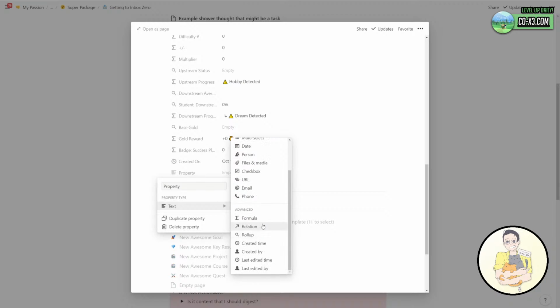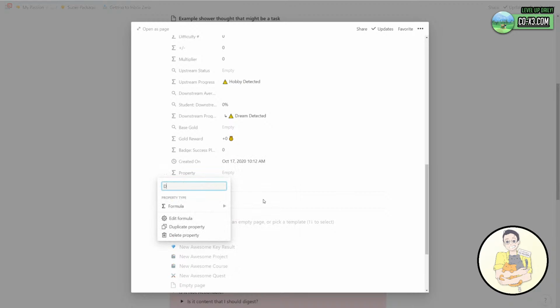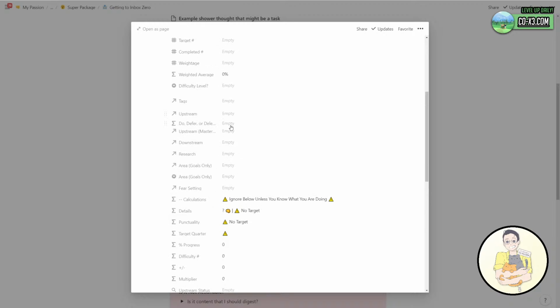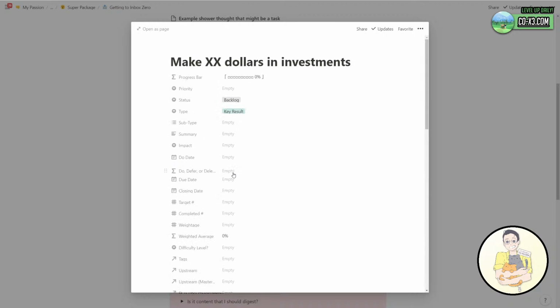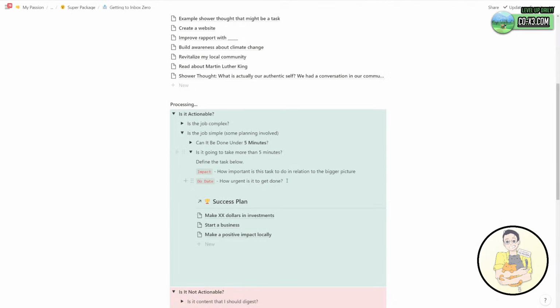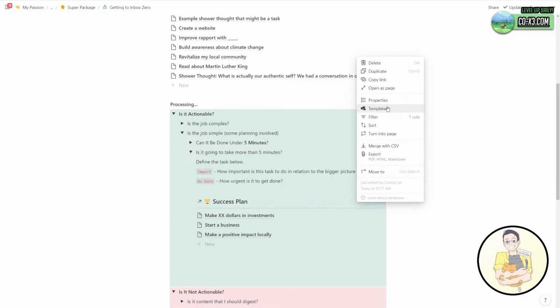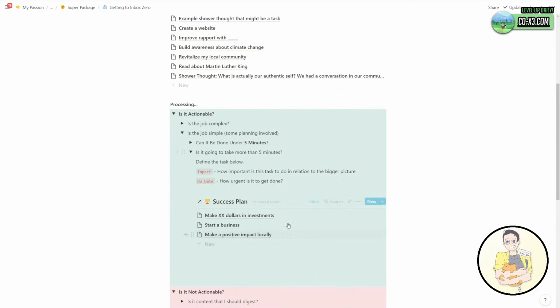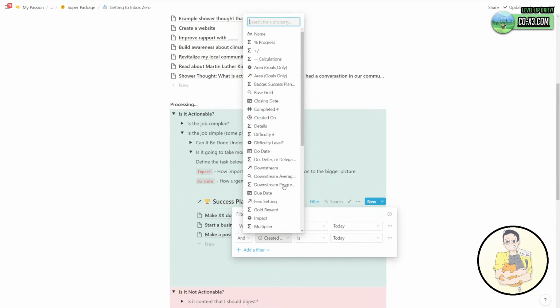And I'm going to make a new property. Let's make it a formula. And let's say we call it do, defer, or delegate. Okay. So we're going to put that, at least for now, underneath the due dates. And the reason is because I want to easily see the output here. And let's make the property here into showing also the do, defer, or delegate right there very easily. So let's say, for example, I'm putting in something like, oh, and this should be filtered to task only. So let's see. I only want to see the type